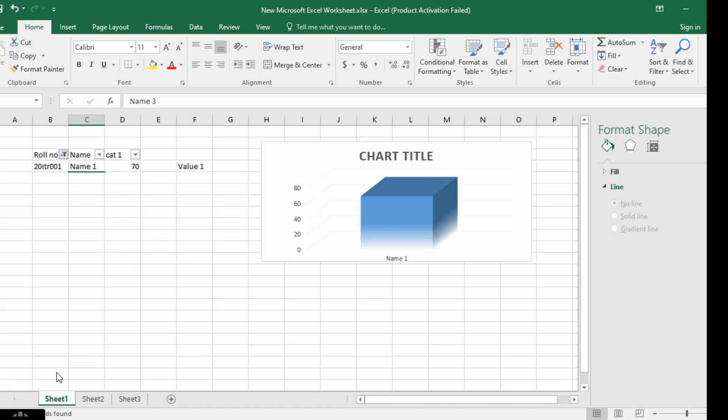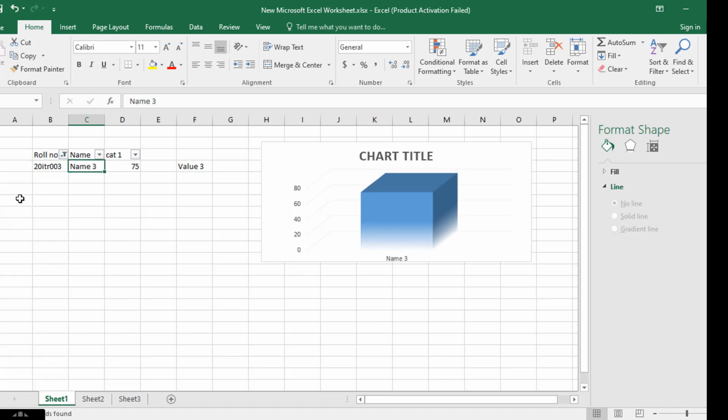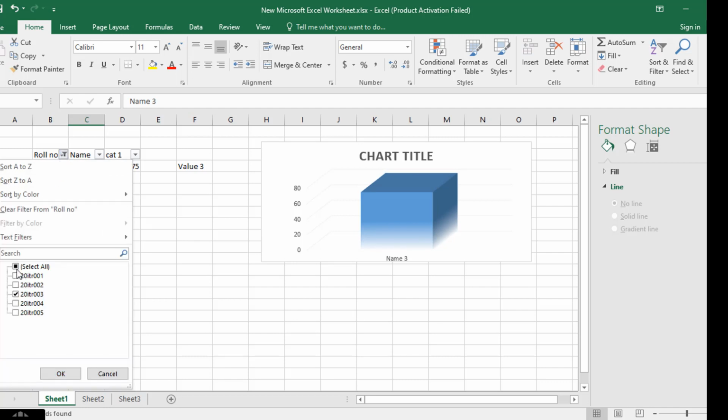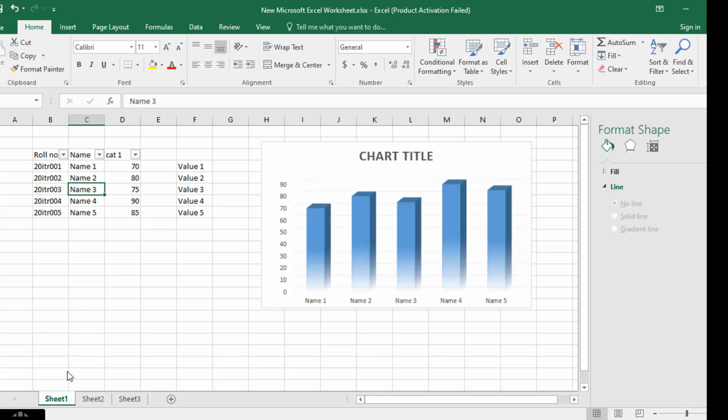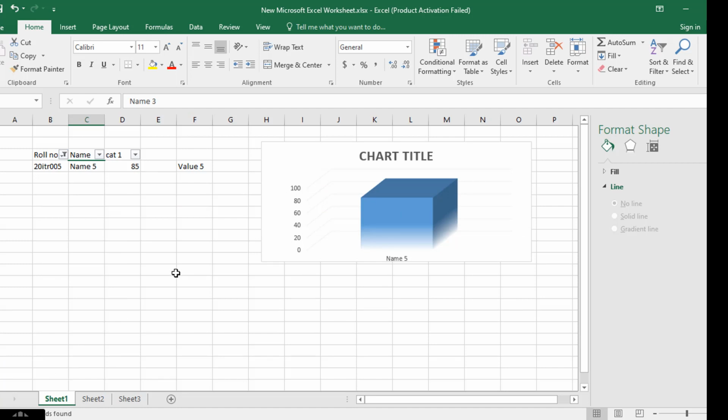Now if I select roll number 2, data alone is showcased. If I select all, all the data will be shown. This is the use of filter in Excel.